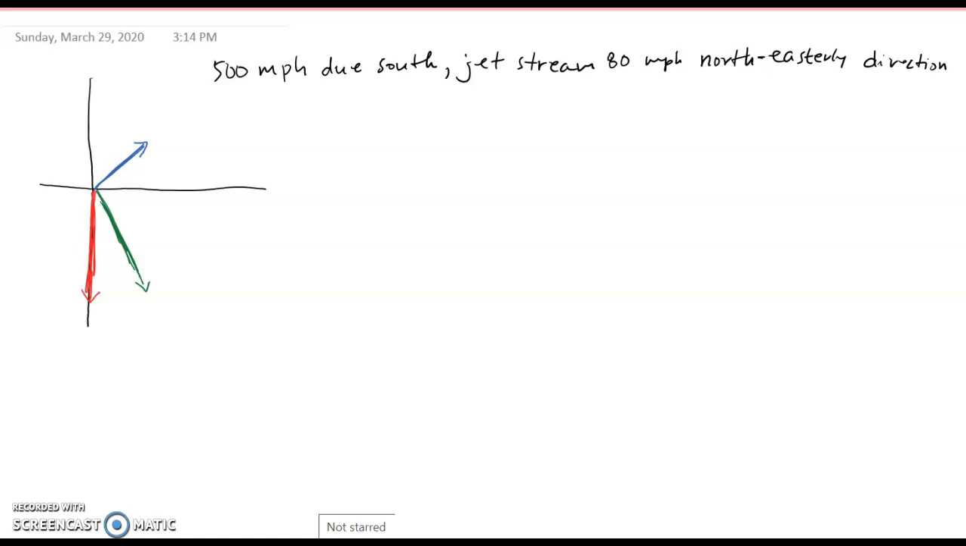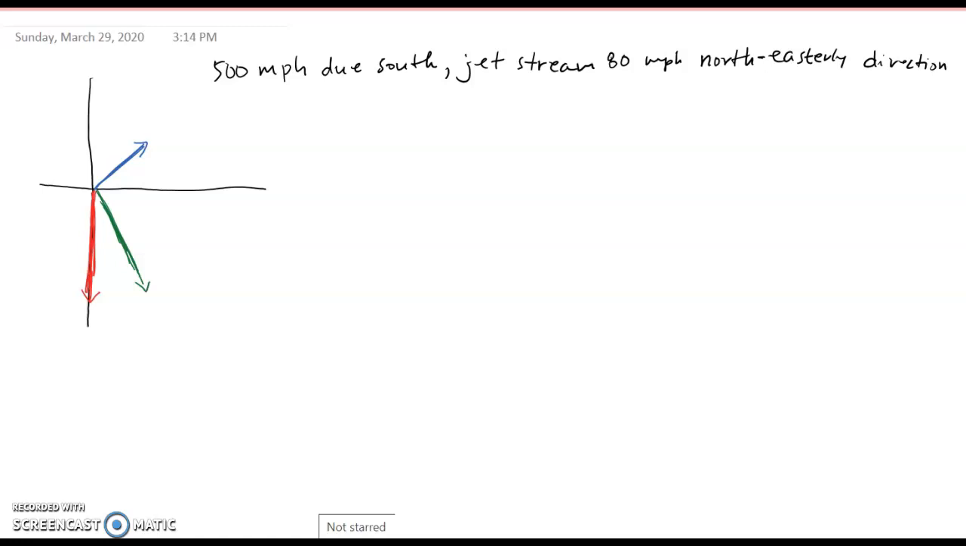The question reads, an aircraft is flying at a constant speed of 500 miles per hour due south. And there's a jet stream that's moving at a constant speed of 80 miles per hour in the northeasterly direction. Okay, so what I did was, if you look on the picture to the left, the red vector is